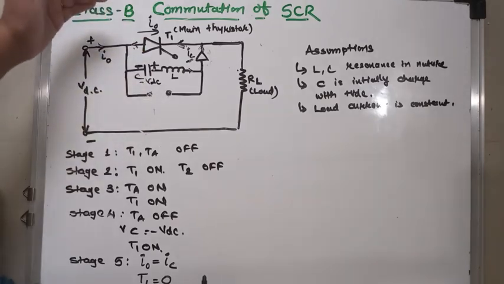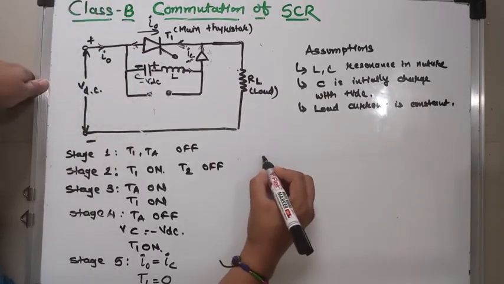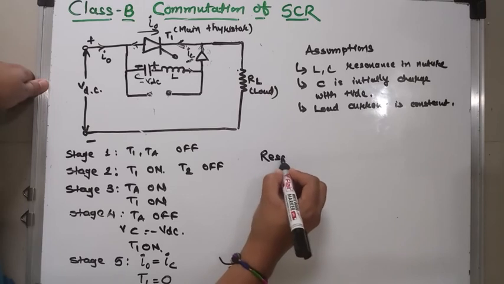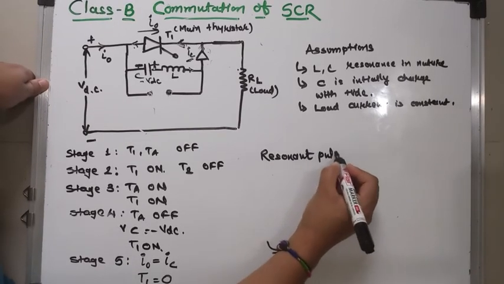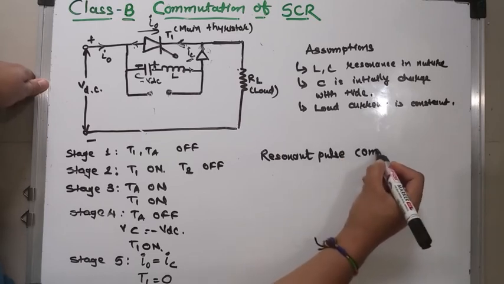So class B commutation is also known as resonant pulse commutation,